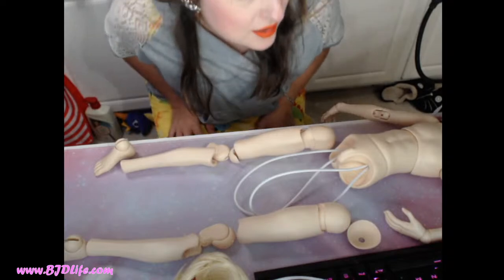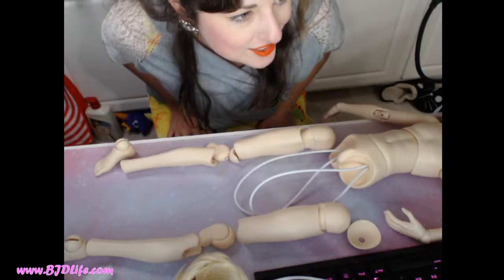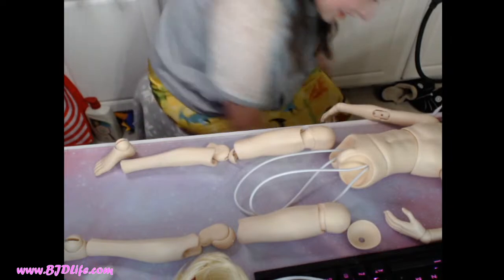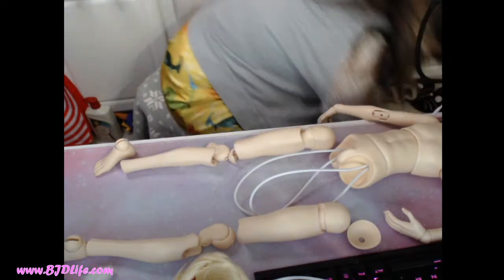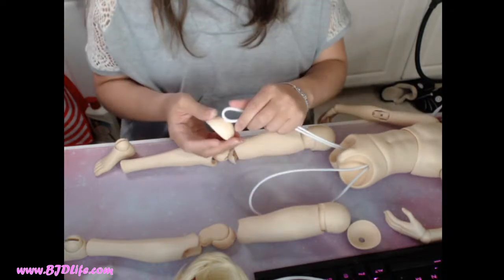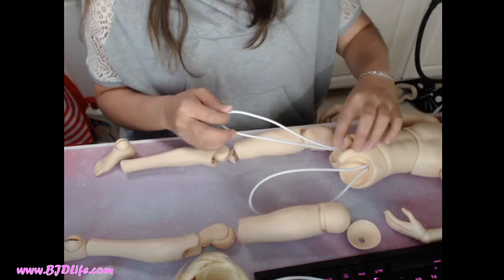Sounds like a good idea. Isabella, I'll have to try that one for my girlies who have posing difficulties. When it comes to restringing bigger ones, it's definitely easier. You have to dread opening up a pookie. Oh my God, I can only imagine. God, those are small. Those are tiny little things to restring. Yeah, I kind of dread doing the small dolls too. Little butt